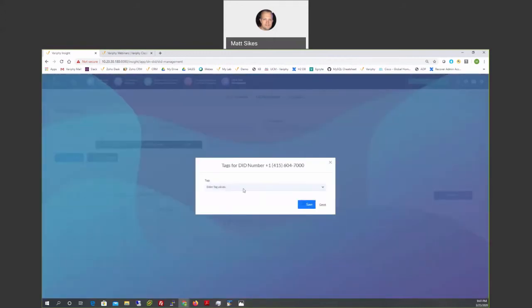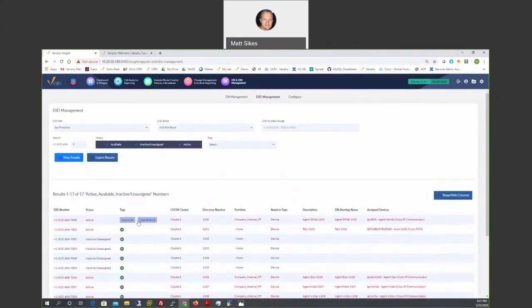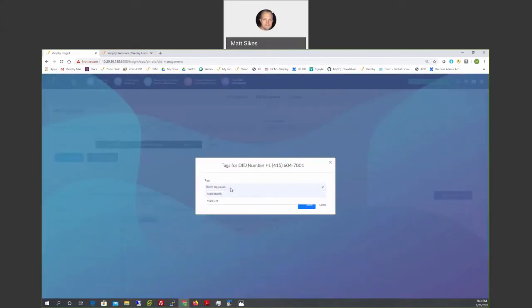So for instance, if I wanted to create a tag for this, I most certainly could. Mainline, I'll throw one, and you can have multiple tags as well. This main branch perhaps. I can create those tags real quickly, save them, boom, inline, created at a moment's notice. And now you actually even have the search capability of searching by these tags as well. Now, whether or not we're utilizing tag functionality for location information, whether it's for maybe some type of status, maybe it's reserved for the executives,